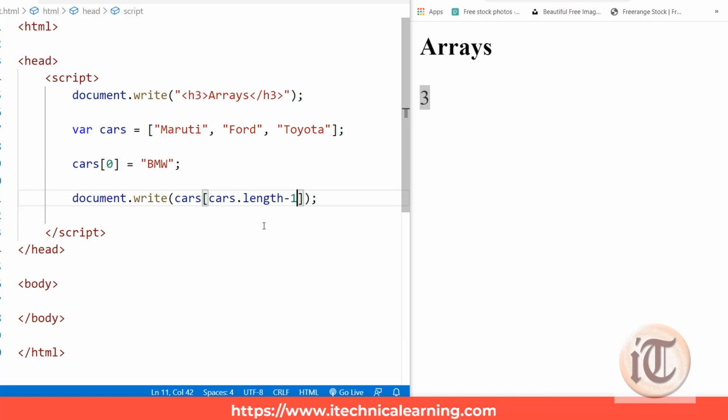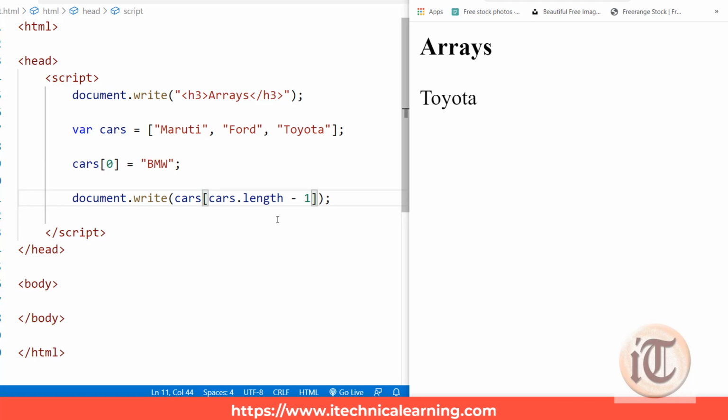Why -1? Because if I'm printing cars.length, it is printing the value 3, that is the total number. So index numbers will be 0, 1 and 2. So the last index is one value lesser than the total length. So I am accessing the total length minus 1. Okay. Then if I print it, you can see it is printing Toyota. So this is how we can access the last array element.